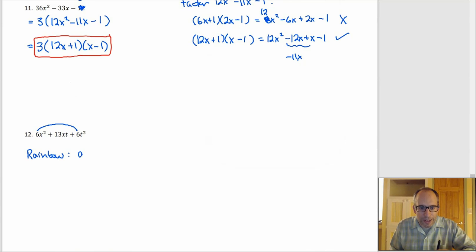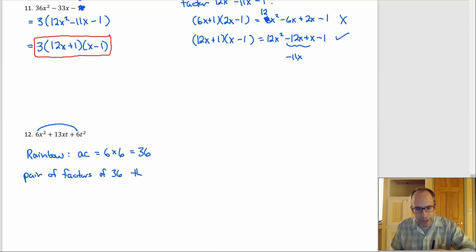So a times c here is just 6 times 6, which would be 36. And then we would need a pair of factors of 36 that sum to 13. And if you think of factors of 36, you go, well, 6 times 6 is 36,